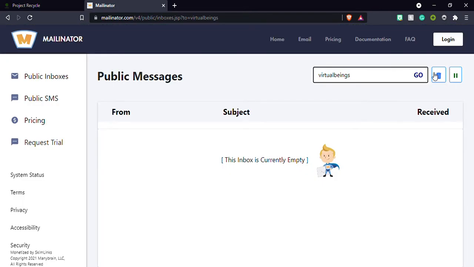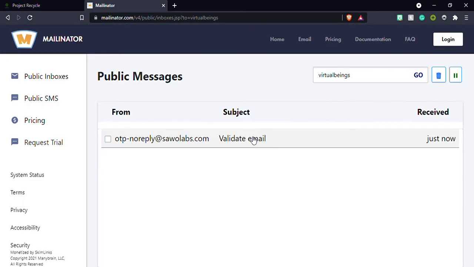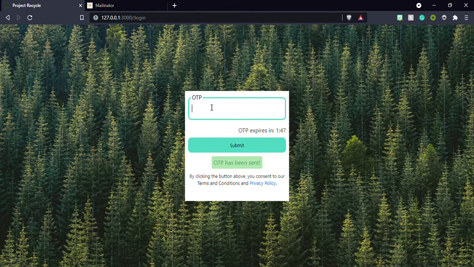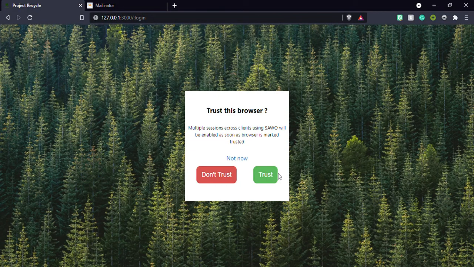The OTP has been sent to the Mailinator website. This is a website where you can spam mails for using these APIs. You don't have to spam your own Gmail, and you can use as many mails as you like.